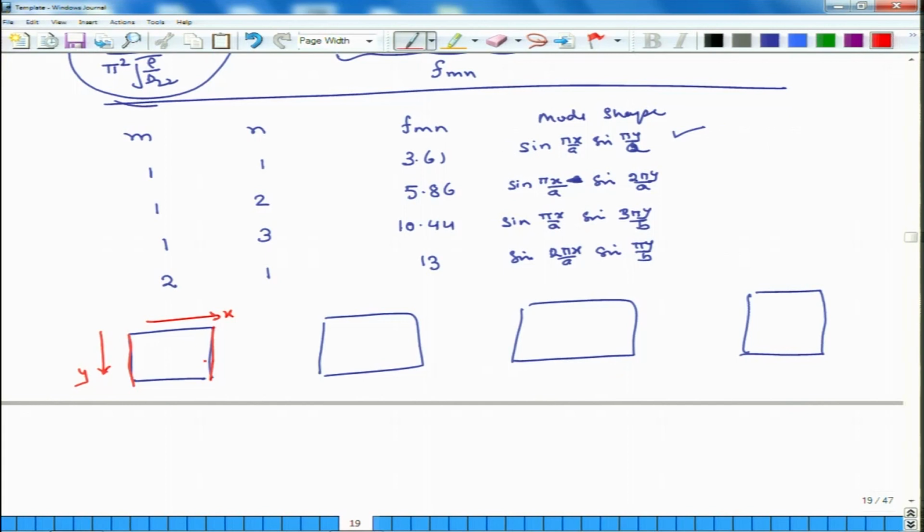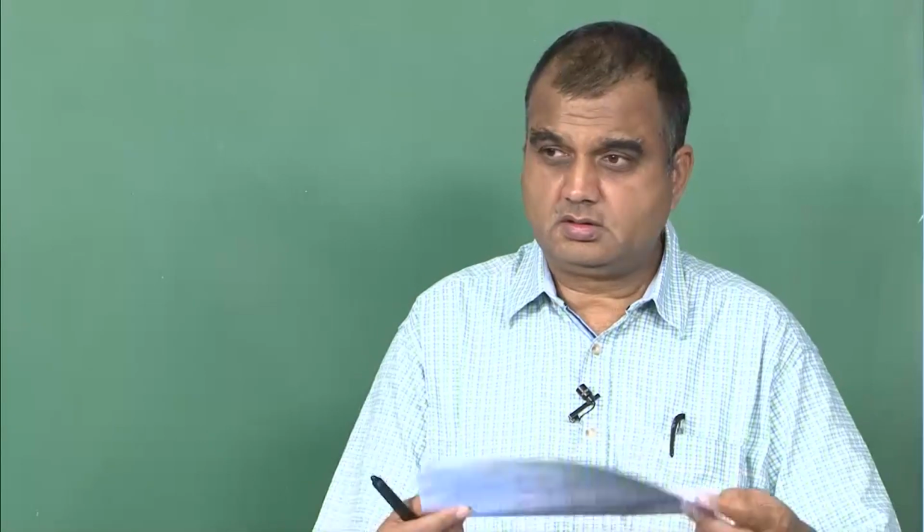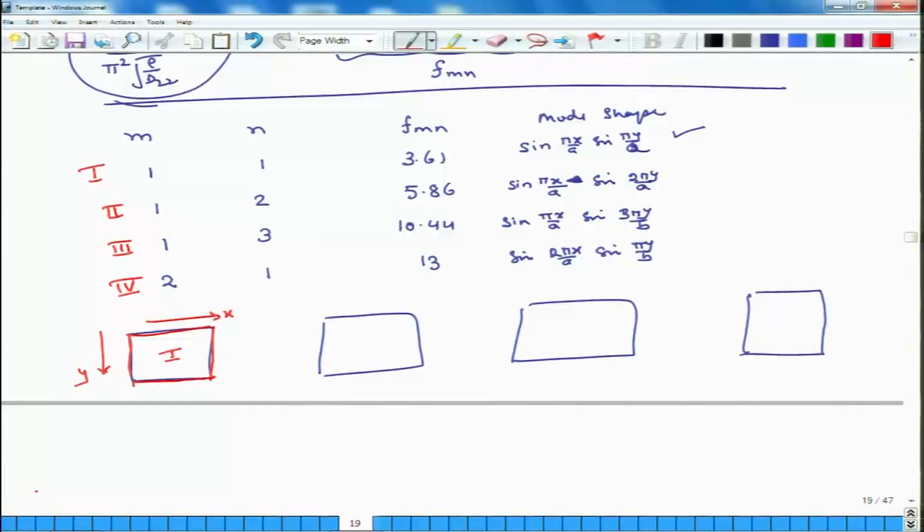Okay. This is the first mode, and of course, it will also be 0 on the edges. So, this is the first case, this is second case, this is third case, this is fourth case. So, the plate will vibrate in such a way that all the 4 edges are fixed and the middle of the plate will do this, but edges will remain fixed.